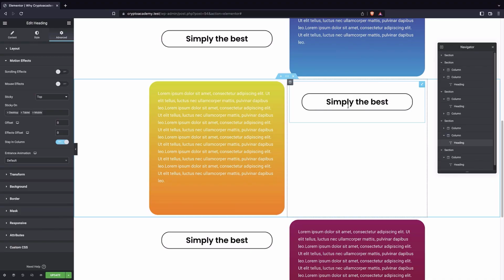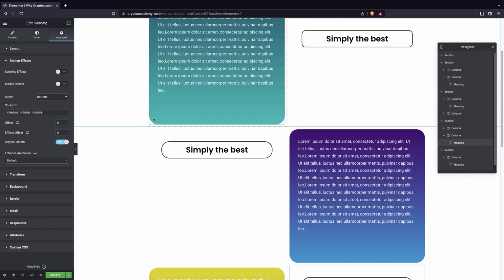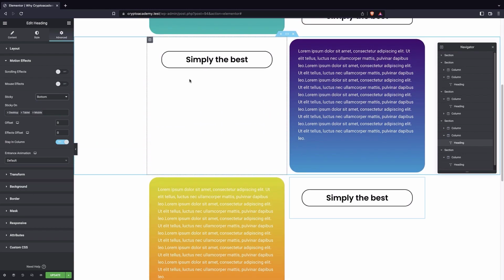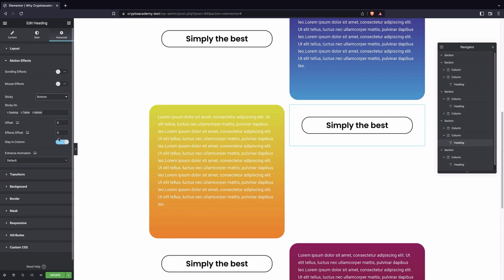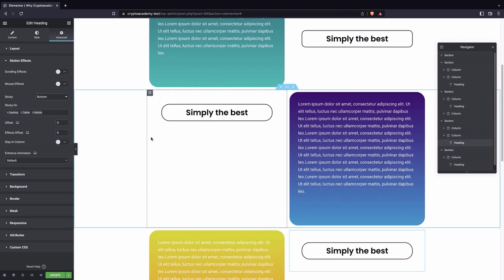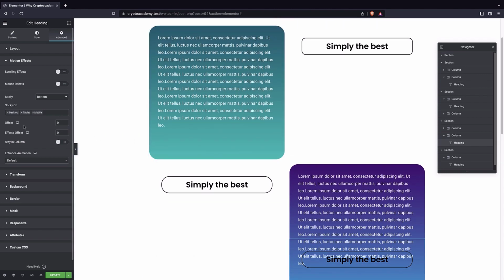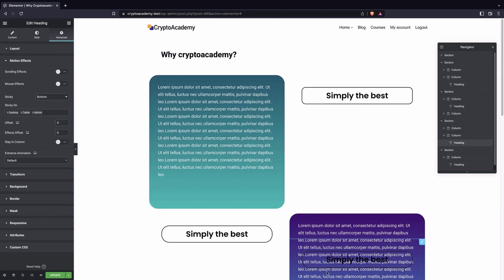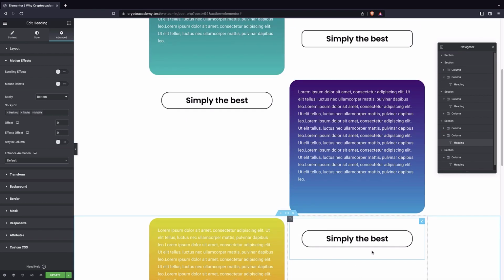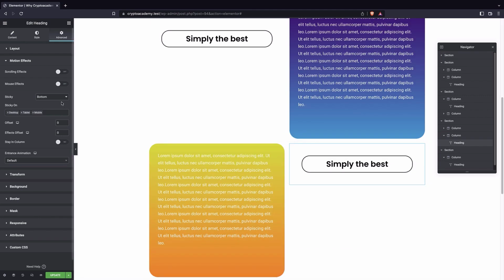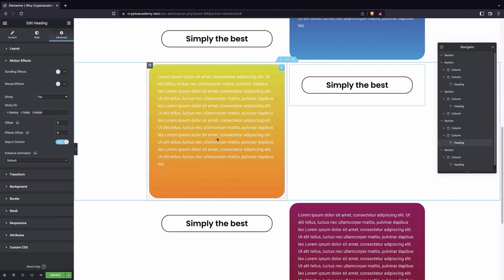Now for this element, I'm just going to select it and change it for a minute to a sticky bottom to see what we get. Now because we have this same column, we are not going to see anything, so it's all working like an ordinary element. But if I turn off this stay in column, it's just going to come down and stay here forever. So for a sticky bottom, you want to turn off this stay in column, and this is good for things that you want to just come here and stay at the bottom. But for this effect, we are just going to set it to top and check the stay in column